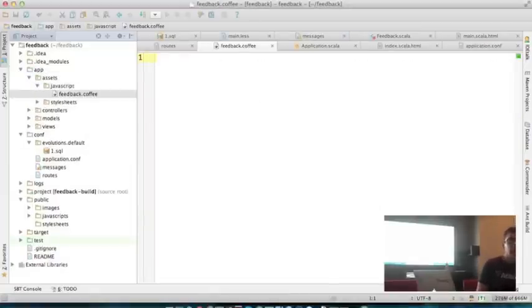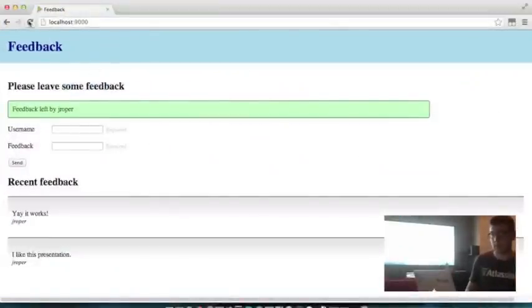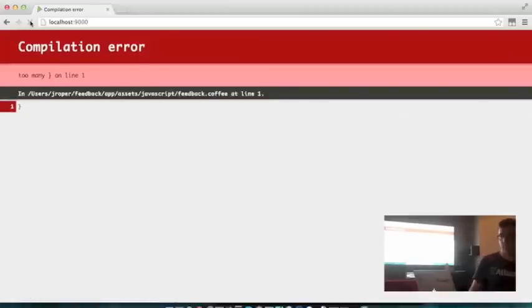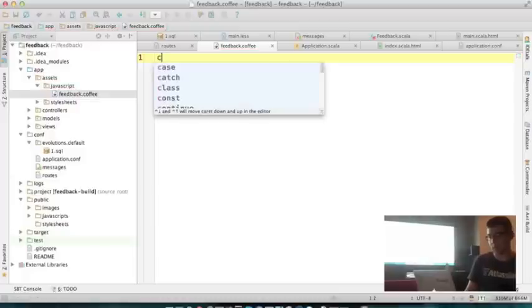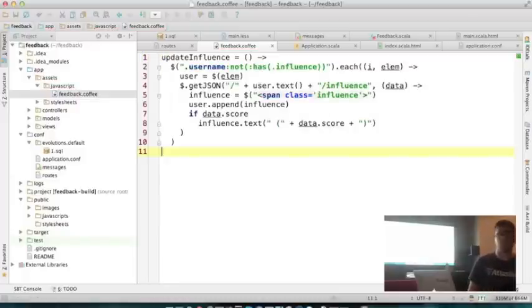That's right. So here I've created a CoffeeScript file, and if I were to have a compile error again, Play will kindly tell me about it. So I'm not going to go into detail about the CoffeeScript that I'm writing, because this isn't a CoffeeScript user group. But basically, I'm going and finding all of the